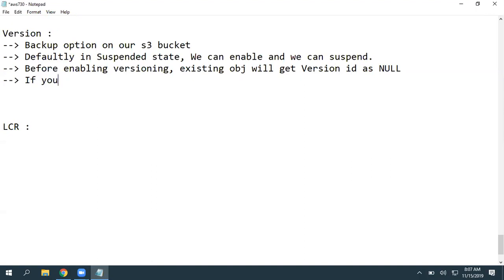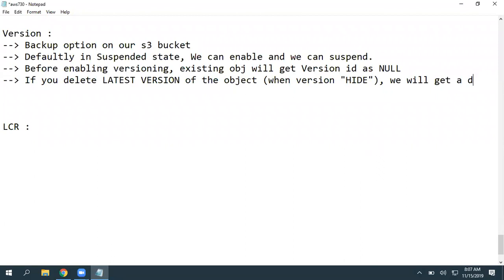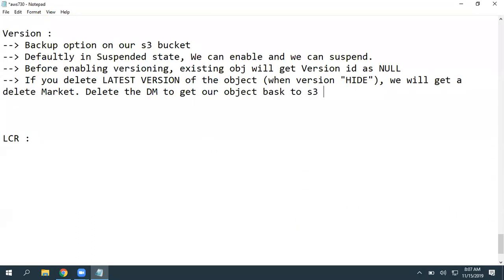And if you delete the latest version of the object, and the version is set to hide only, we will get a delete marker. So delete the delete marker to get our object back to the S3 bucket. Okay, so that is a versioning feature.